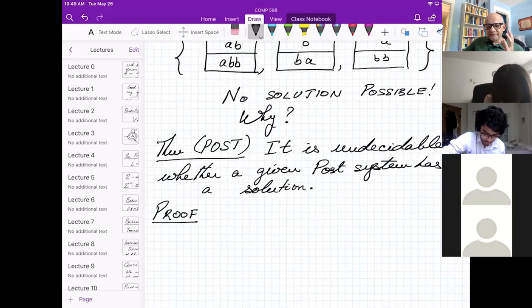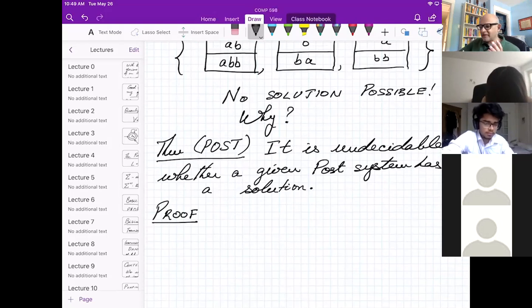So let me tell you the idea. What we're going to do is take a Turing machine and a word. So we're going to solve the acceptance problem.